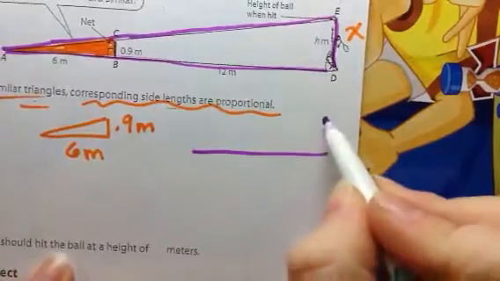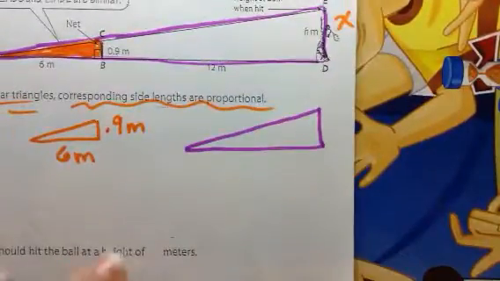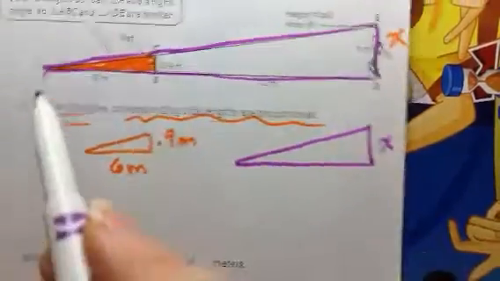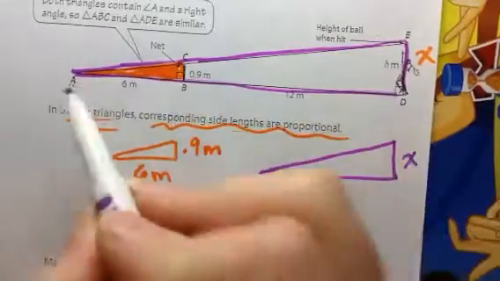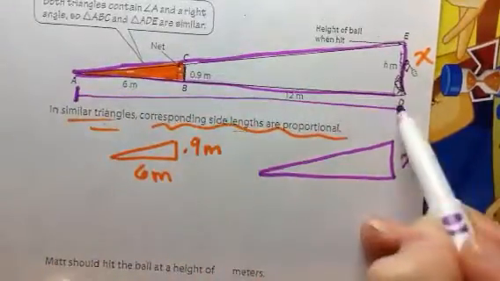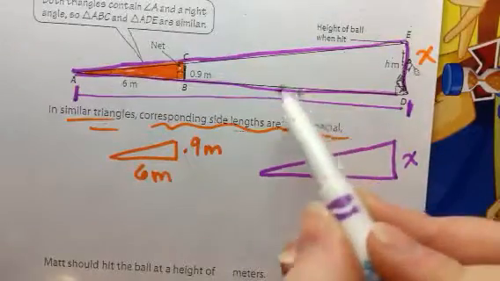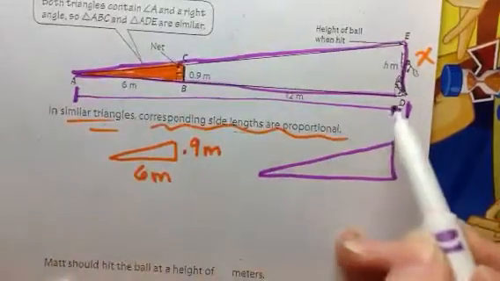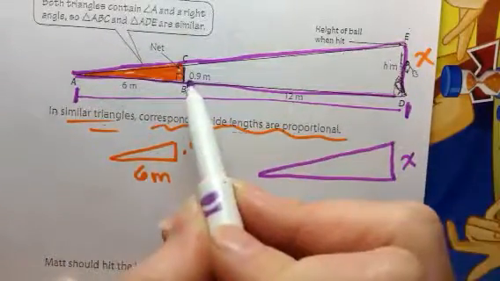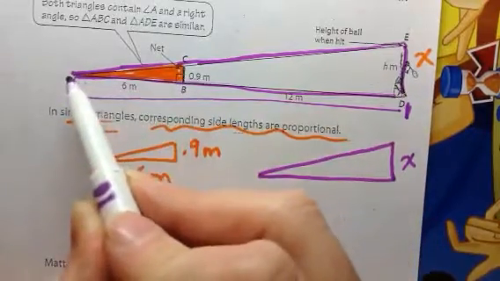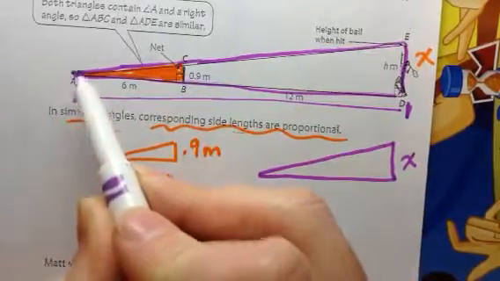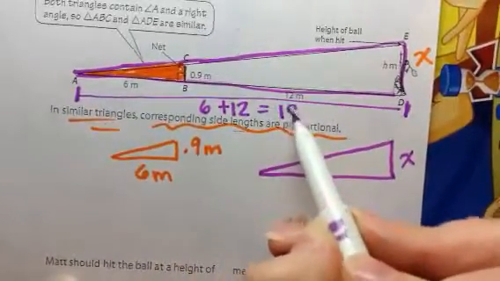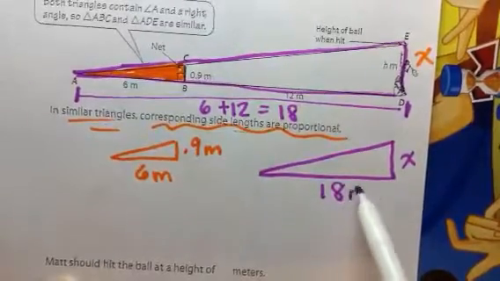And here's where y'all will need to be careful. This is where the most mistakes happen. You know that we're missing this height of the big triangle. Now to get the bottom length of this big triangle, it's spanning all the way from here to here. Some kids would mess up and they would want to put 12 because they see that 12 and then bring it right down. But this big triangle, it was 12 meters from the net, but then the big triangle continues to the other side. He wanted to go 6 meters on the other side. So I'm going to have to add the 6 plus 12